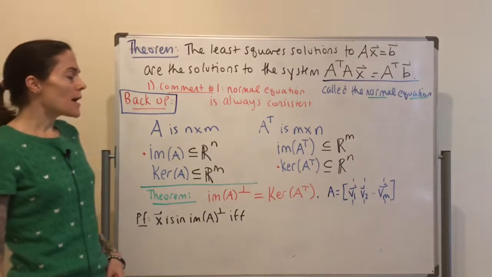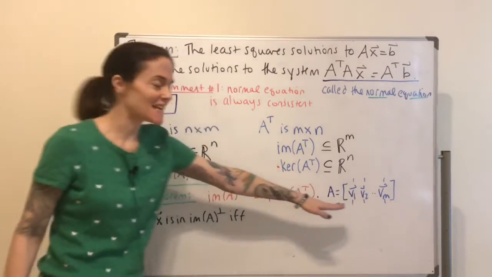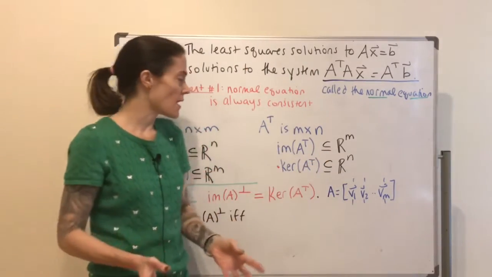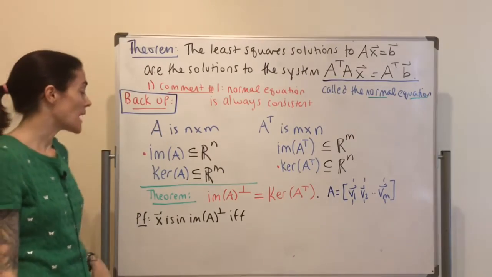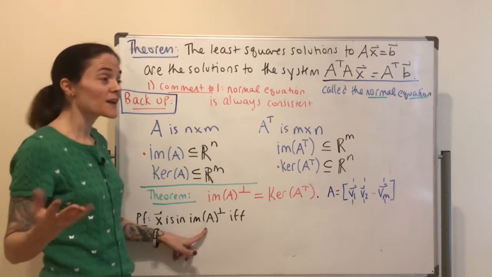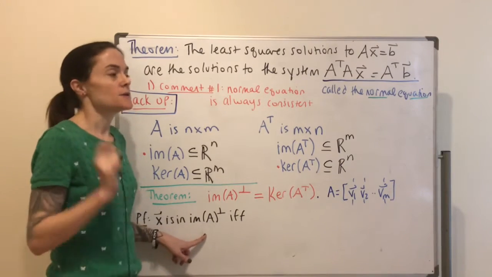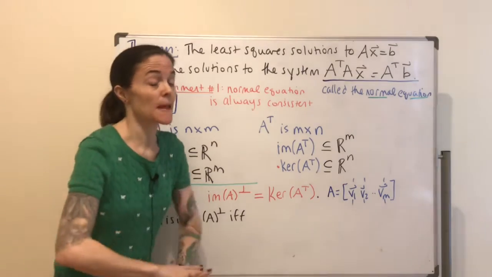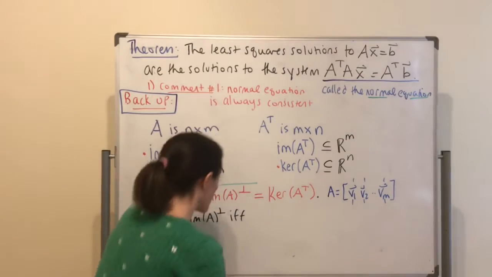But this collection, v1 through vm, is a spanning set: it spans all of the image of A. And so being orthogonal or perpendicular to every single vector in a subspace is equivalent to being orthogonal or perpendicular to every single vector in a spanning set. So I'm going to say if and only if